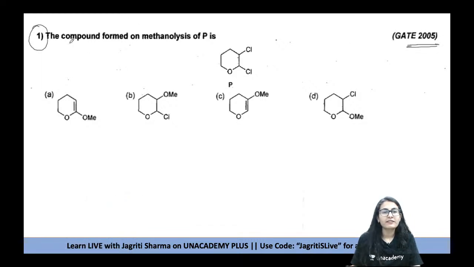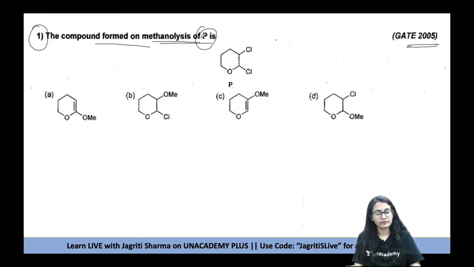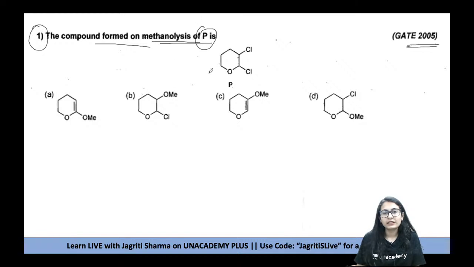So another question, from GATE 2005 paper. The compound formed on methanolysis of P is... Yes, Shubhangi, what is the role of MeCN? MeCN is basically acetonitrile and it was just working as a solvent, a polar solvent, okay? The compound formed on methanolysis of this molecule is